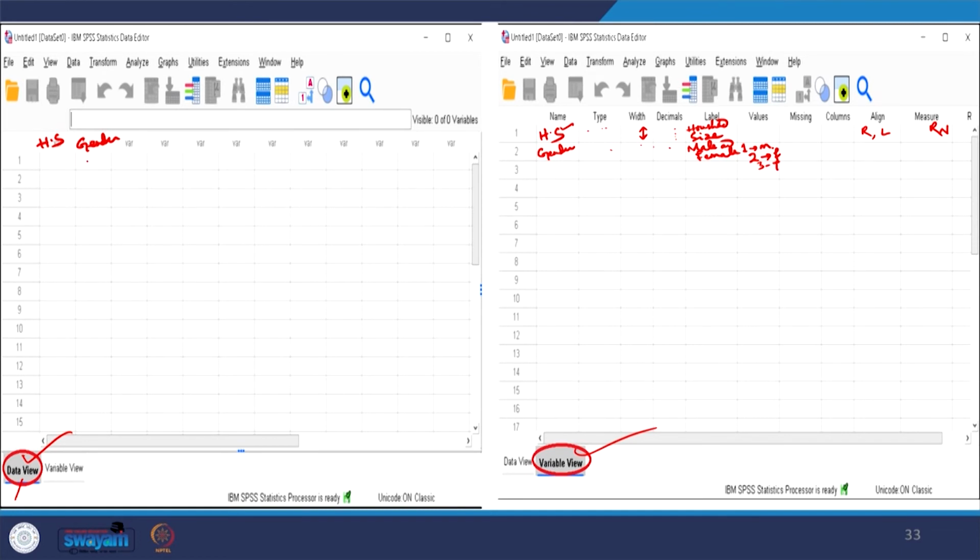If the first observation is male, then 1 will be entered; if it is third gender, then 3 will come. Maybe one individual says that in a household we have 5 members, another says 3 members. Likewise others will respond.